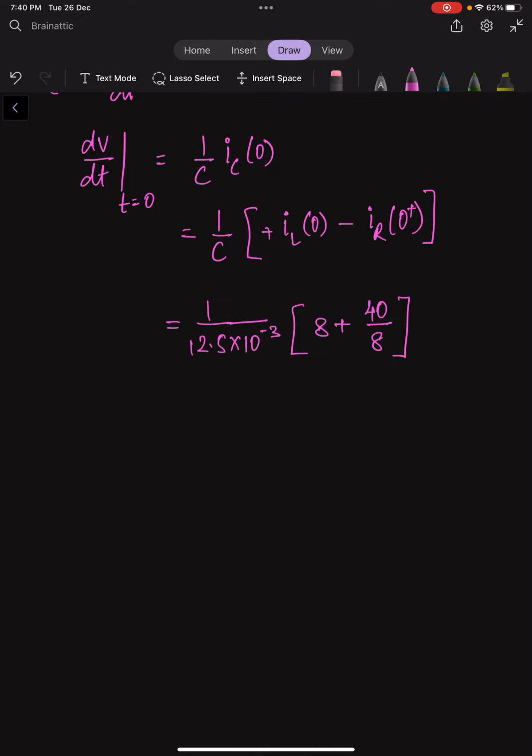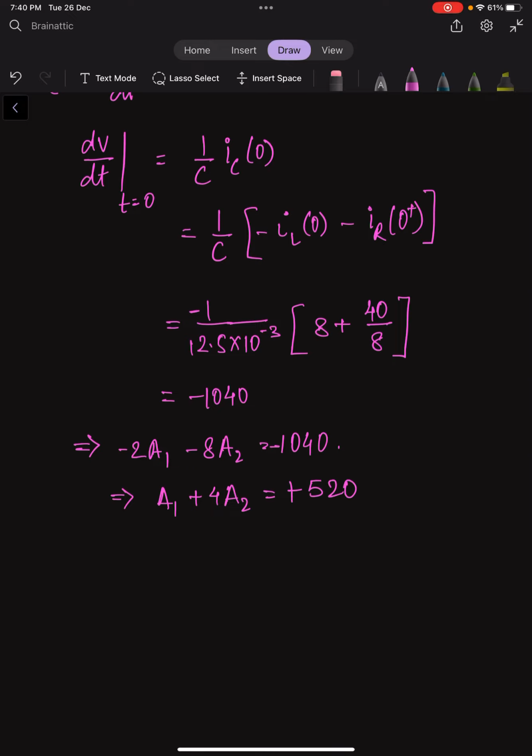There's a mistake here, this is negative. So what we are left with is 1040. So finally we have minus 2A1 minus 8A2 is equal to 1040. Simplifying this, we have A1 plus 4A2 is equal to 520. Now if we solve both the equations which we have,